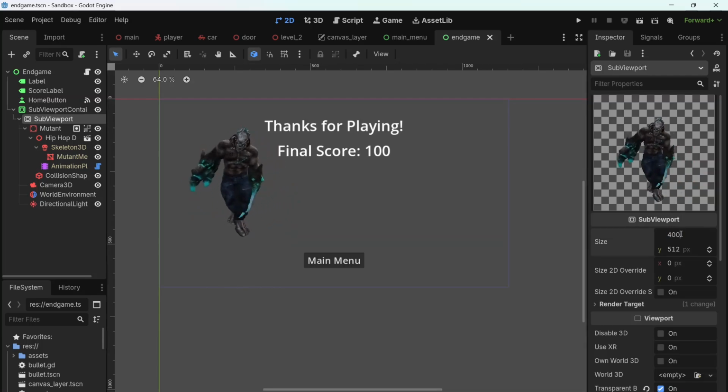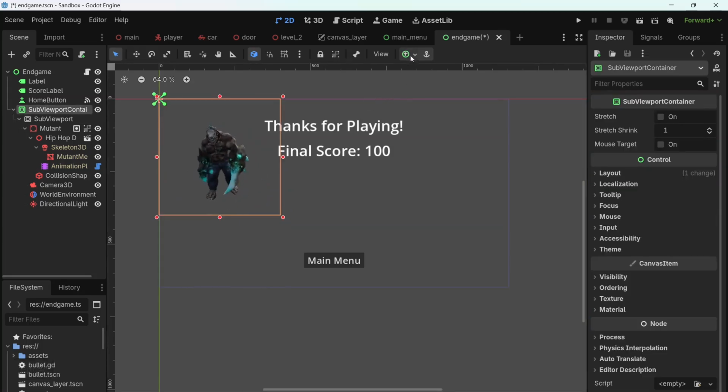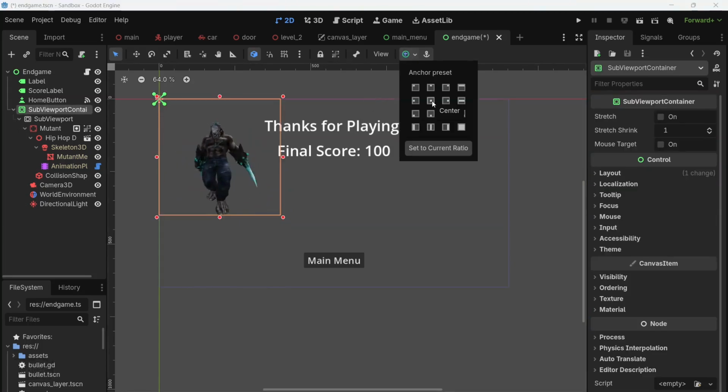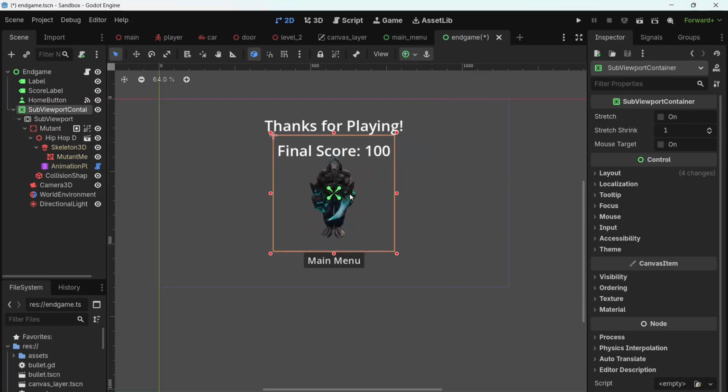Change this to maybe 400 or so. And then center my dancing mutant by giving it an anchor preset of center. Maybe just drag this down a little bit. And there we have it. I've got a nice dancing mutant in my endgame scene, although it is covering the button a little bit right